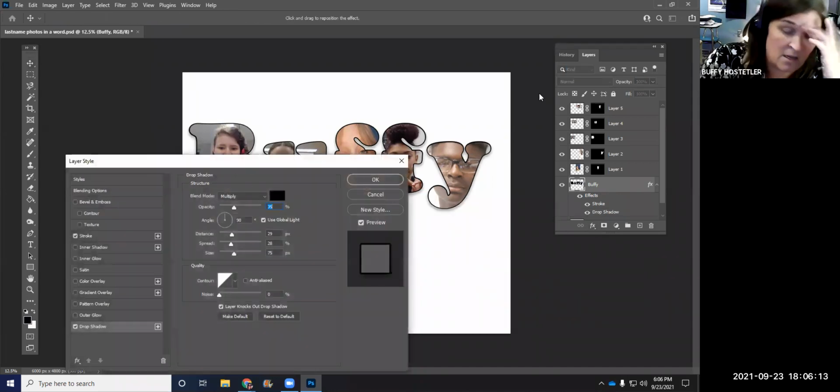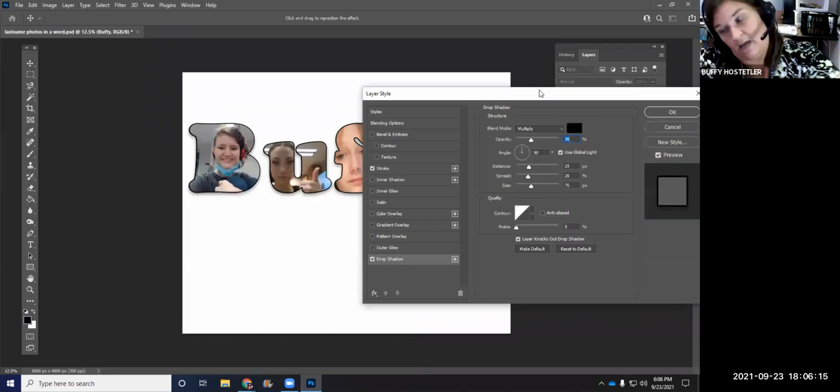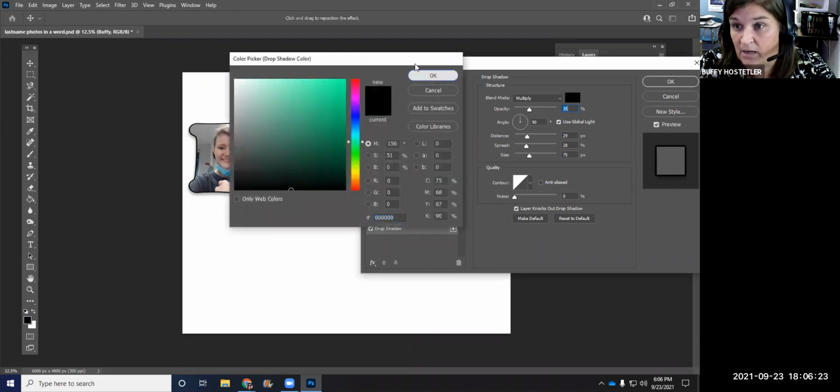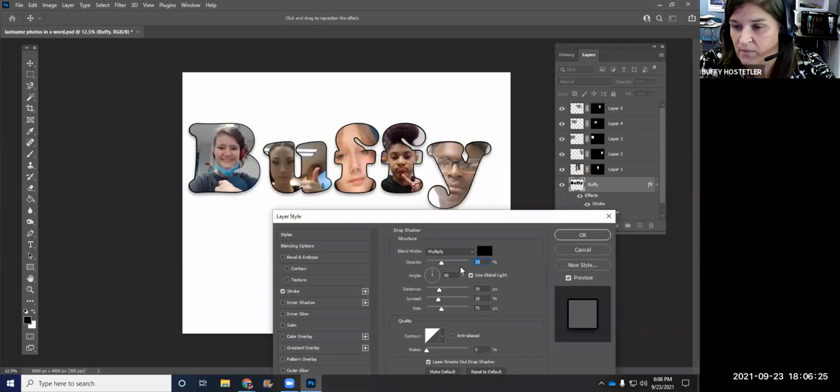So then, is the shadow going to be out a little bit? There's distance, spread, and size. So first, the color is going to be black. I could change it if I wanted to. I am going to do it like this. So the size, if you notice, see how it's getting a little darker? The spread